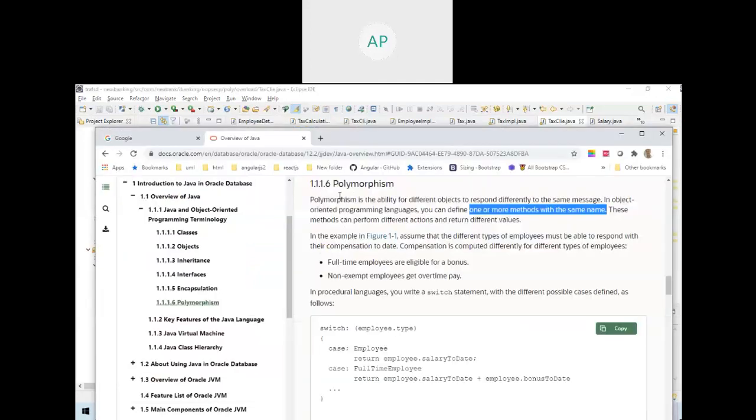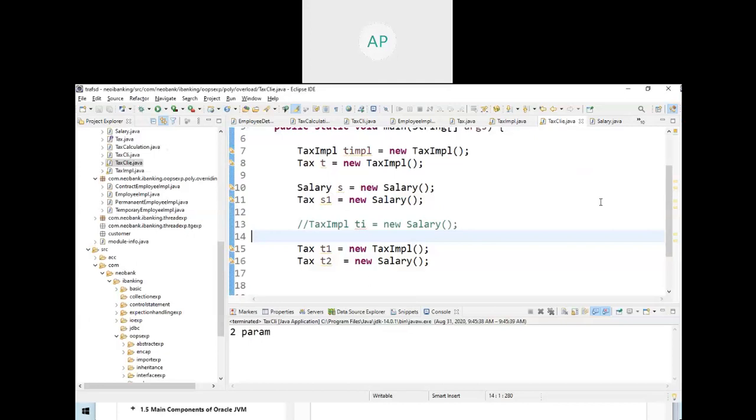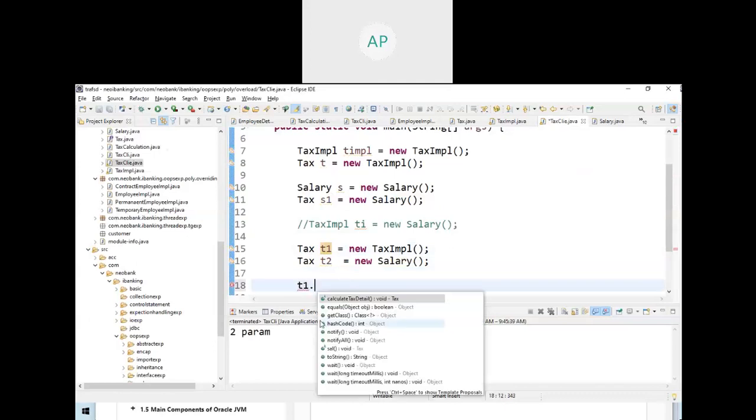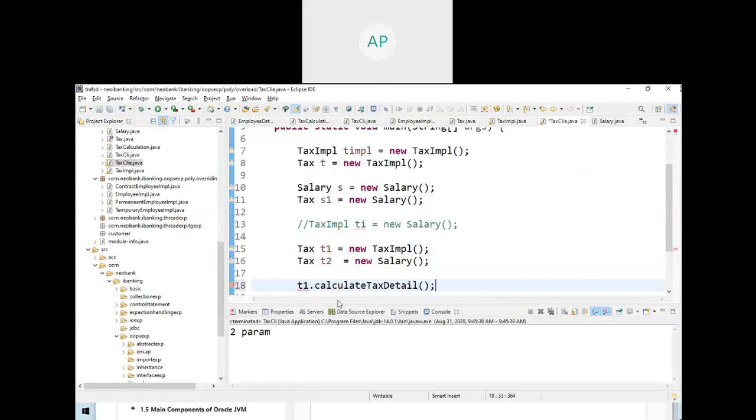So when it comes to polymorphism, that's why here they told. See here, this first line: polymorphism is the ability for different objects to respond to the same message. Meaning if I call C1 dot calculateTax, what will be the output?